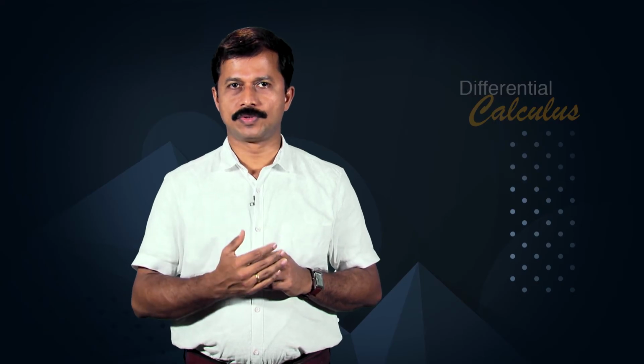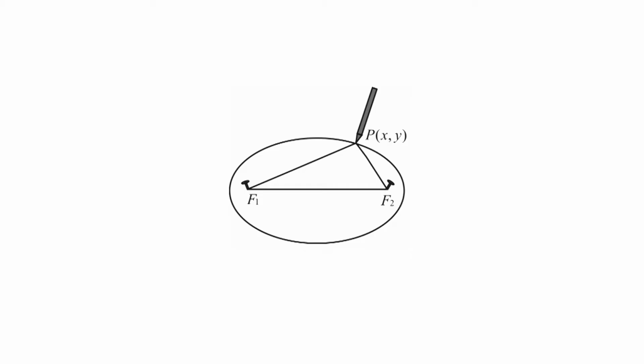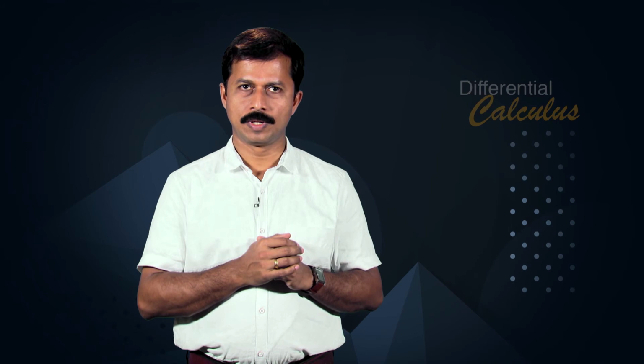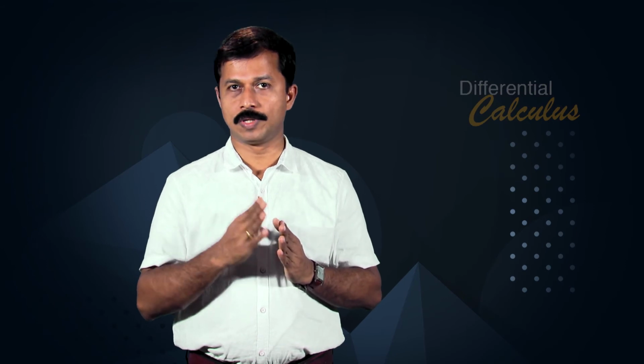The lemniscate was first described in 1694 by the Swiss mathematician Jacob Bernoulli as a modification of an ellipse, which is the locus of points for which the sum of the distances to each of two fixed focal points is a constant. In polar coordinates, if a is greater than 0, the equation r squared = a squared cos 2 theta is a lemniscate of Bernoulli.